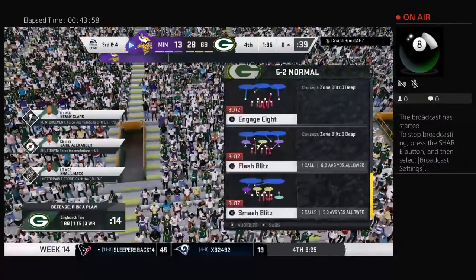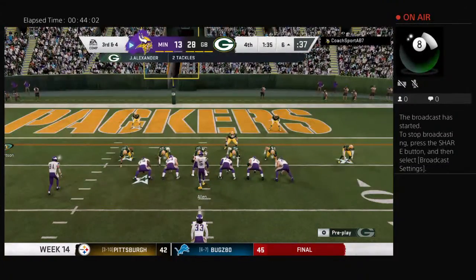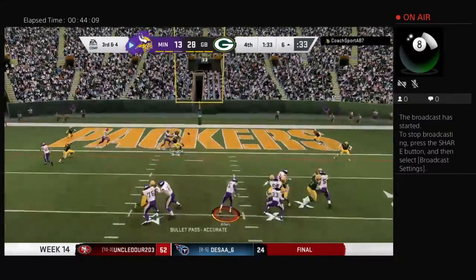The run defense, they have been porous at times today, but not that last go-around. No, they really tightened it up, didn't they? They finally got themselves a win because all game long we've seen them get gashed. This time they play the...